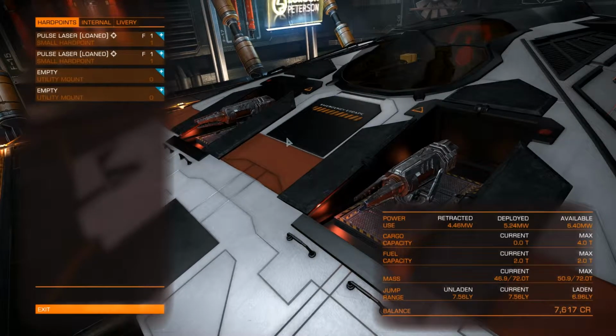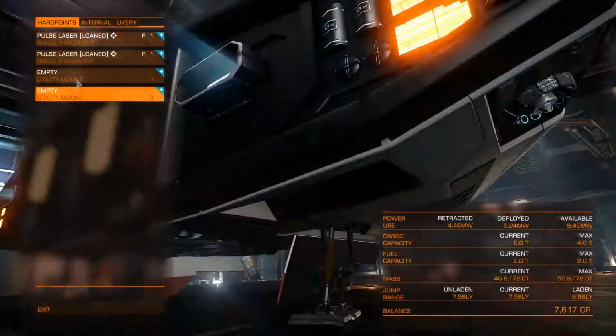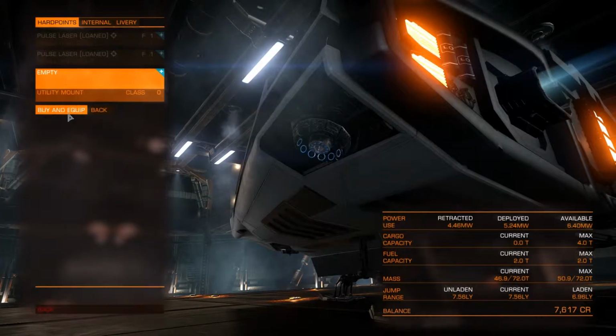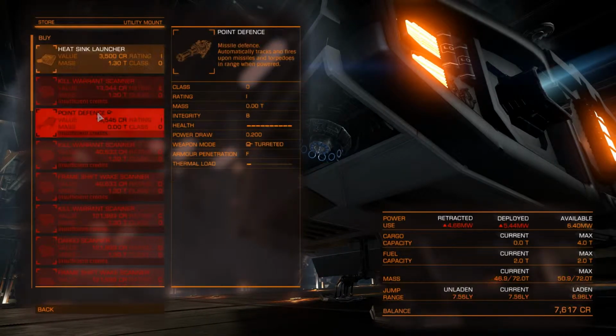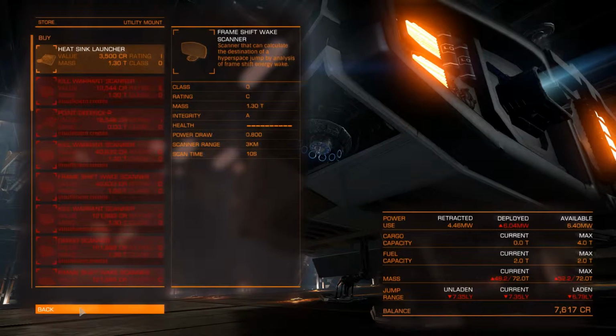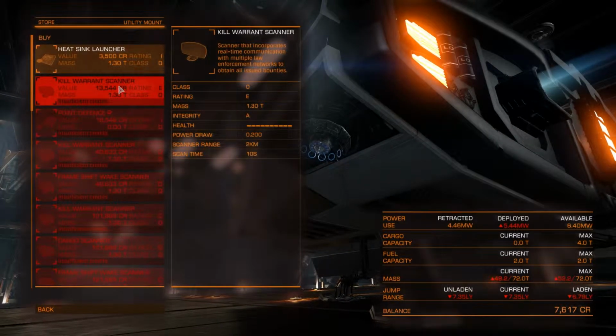Hey, it's Beagle here, and I'm just going to do a quick video about how to start out in Elite Dangerous. I've got myself a Sidewinder here. I can't remember exactly how much money you start with, but this is a basic Sidewinder at the moment. If you can afford to, which, no, you definitely can't afford to, I don't think, but you want to get a kill warrant scanner nice and quickly,